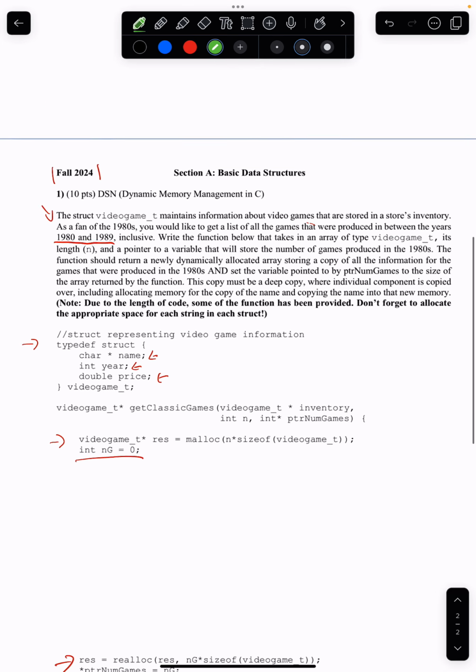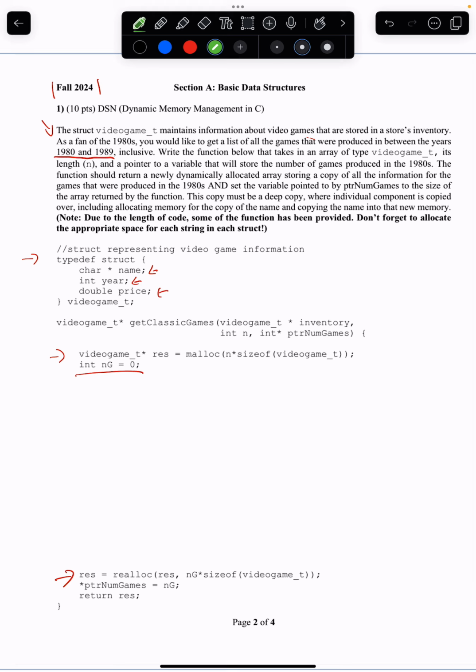I'm gonna use a green pen for this. First step is, I'm gonna run a for loop for this given array, which is called inventory, right? So I'm gonna do for int i equal to 0, i is smaller than n, which is the length of inventory, i plus plus, right? I'm gonna say if inventory dot year, inventory at the ith position,